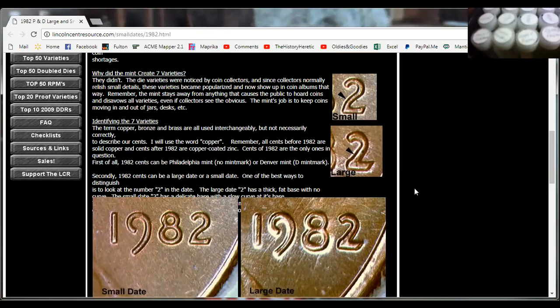Starting out at 58D, we're working all the way down to about 1936 is as far as I go, because before that, you don't get very many of those wheat pennies in the rolls. So I collect all the wheat pennies, and when I fill a roll up, I stopped sharing, so why is it still on? There we go. Now you can see it better. Anyways, like I said,